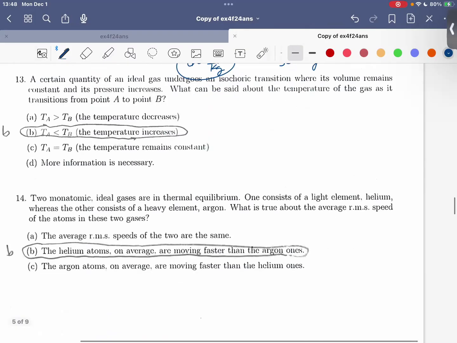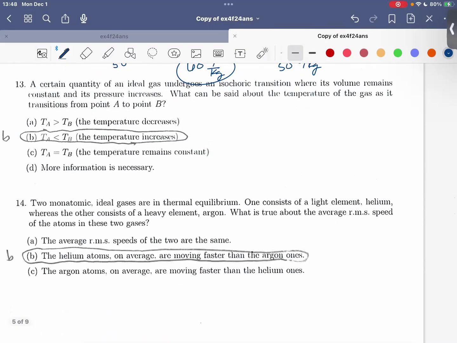Okay, so looking at number 13, we're told a certain quantity of an ideal gas undergoes an isochoric transition where its volume remains constant and its pressure increases. What can be said about the temperature of the gas as it transitions from point A to point B? Okay, so if you look at your ideal gas law,